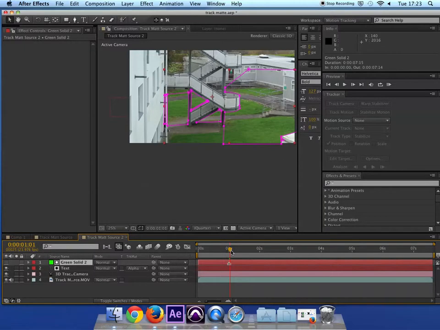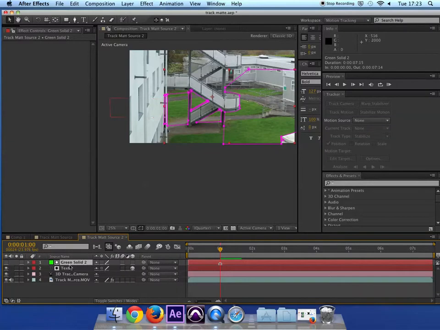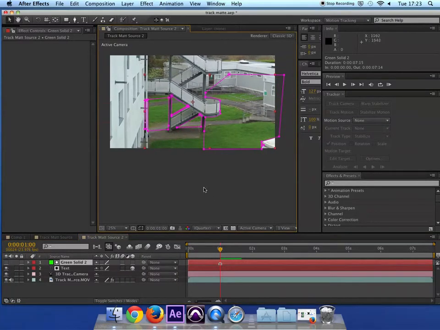So what I need to do is make sure that the mask moves with the camera, but masks can't really be tracked to cameras. They're not actual objects that can be directly tracked, if you want to put it that way, but my green solid can. Now, because my scene has already been solved to map itself to the 3D camera, then really all I need to do is involve that green solid in the scene as well,